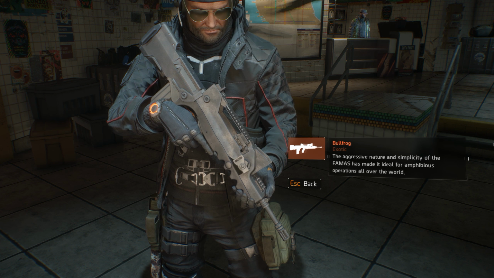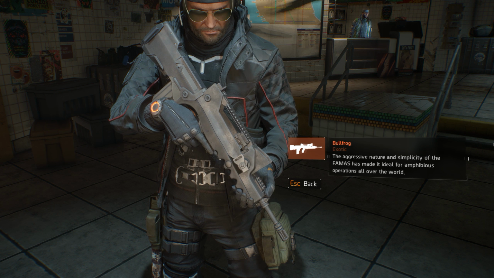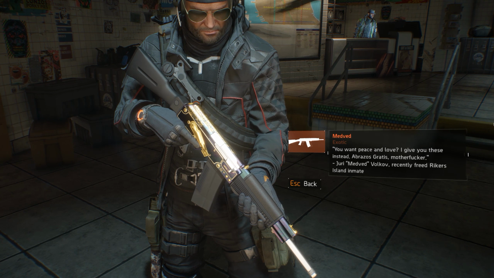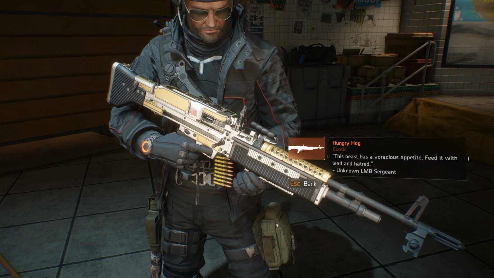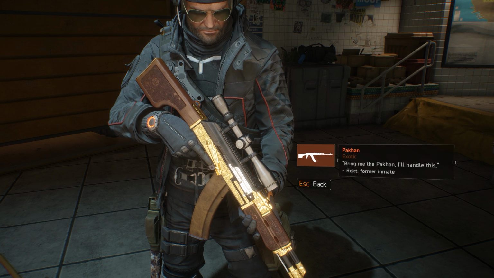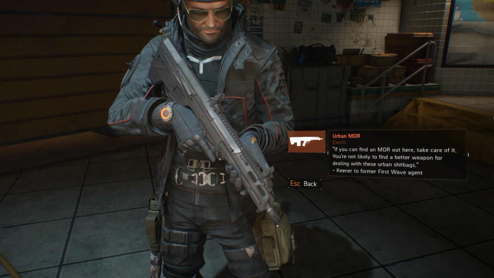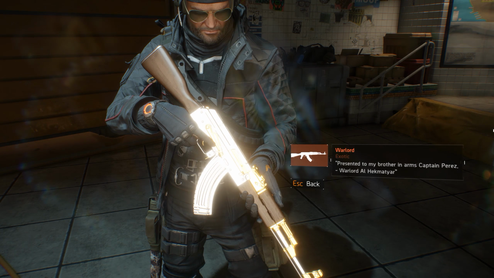The FAMAS was now an exotic weapon, renamed the Bullfrog, and its unique talent remained as Uncomplicated. The Tommy Gun received the Carefree weapon talent, the Medved Center Mass talent, the Hungry Hog, Glutton, the Tenebrae, Lights Out, the Pecan weapon talent, the Cassidy, Boomstick, the Urban MDR, distracted weapon talent and a base damage increase of 65%, the Warlord,